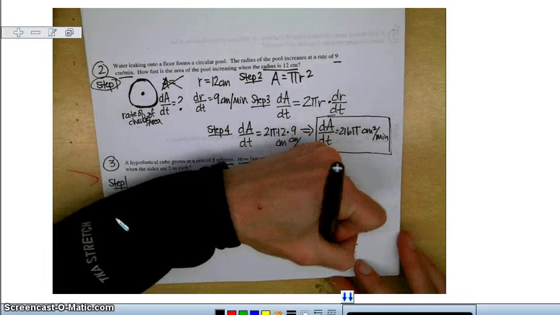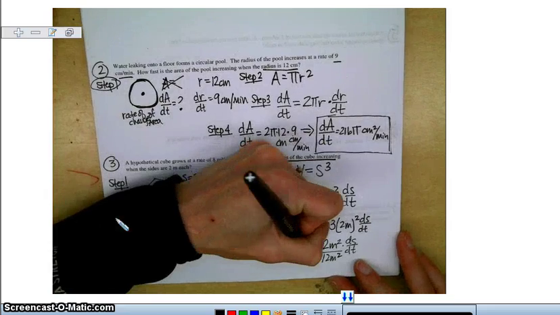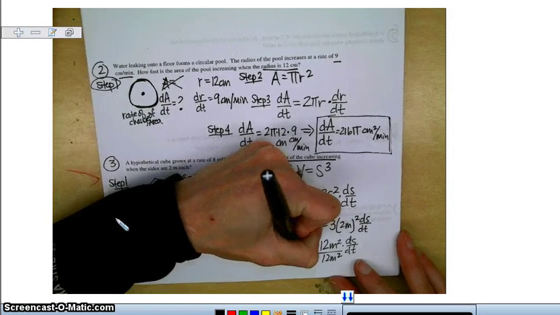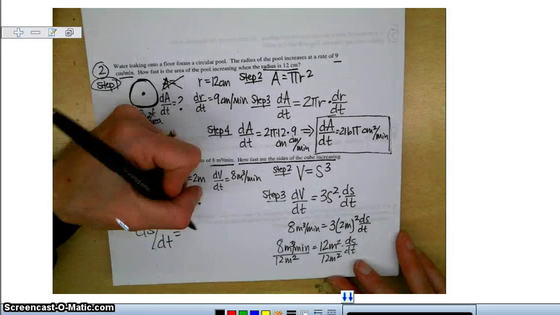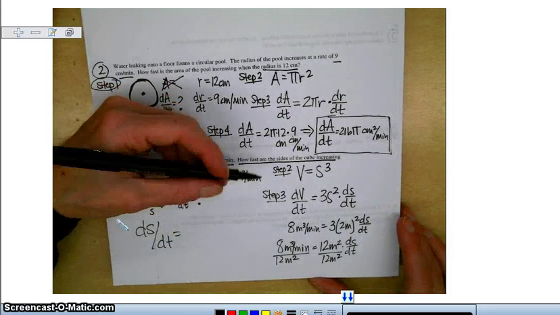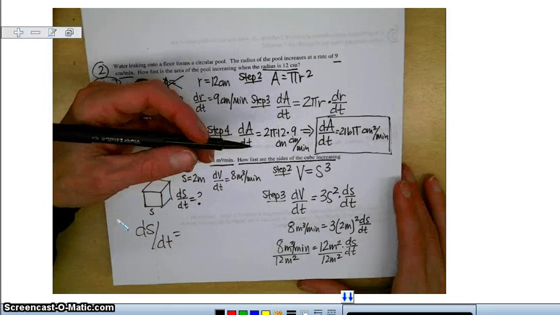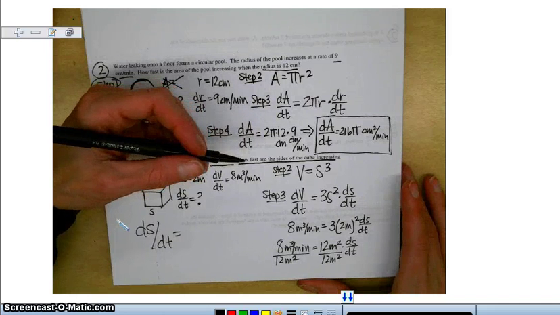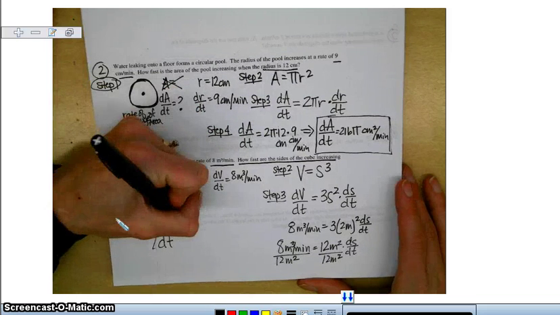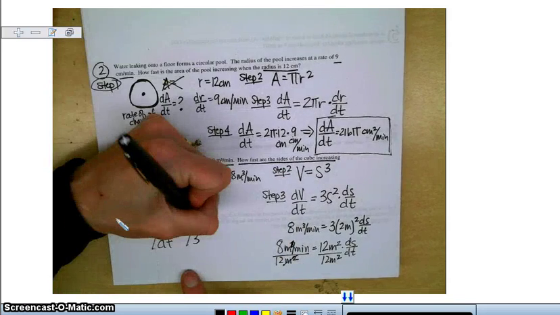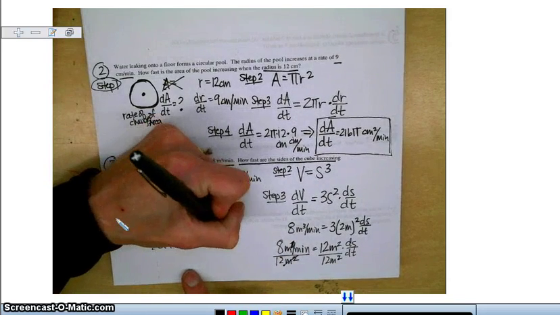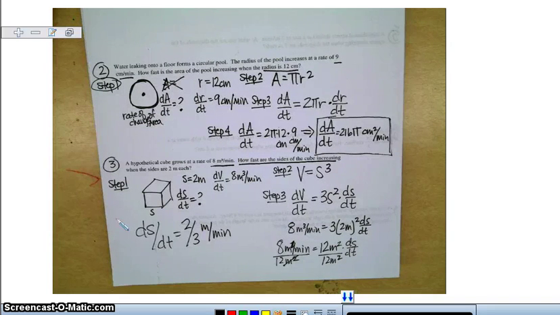Divide both sides by 12 meters squared. So ds over dt is equal to, meters per minute, 8 over 12. What goes into both of those? 4, so 2/3, and then the meters squared cancels with 2 of the meters on top, and it's meters per minute. So 2/3 of a meter per minute is how fast the sides will increase when the volume